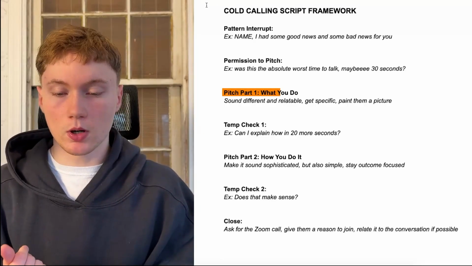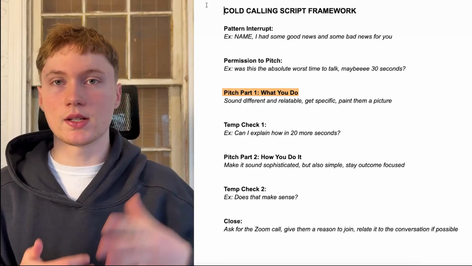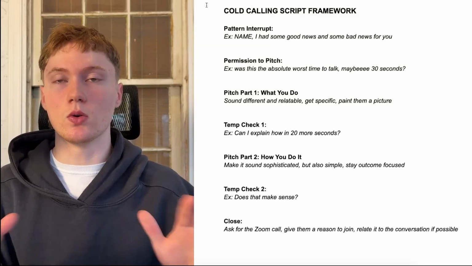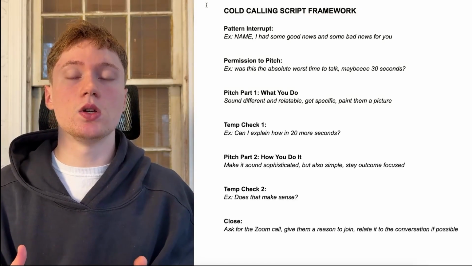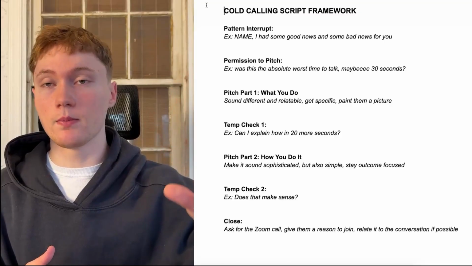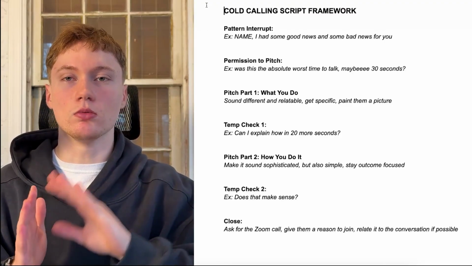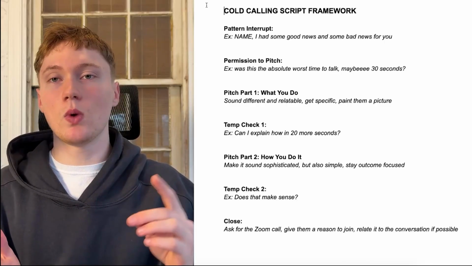All right. So pitch part one. Explain what you do and sound different, sound relatable, get specific, and paint a picture for them of what you actually kind of do at a broad level. And one thing that I like to do is I like to have some sort of dream outcome for them. So all of these prospects have some sort of situation that they want to be in. Okay. So I'm going to paint a picture around that situation, and then I'm going to explain away the concerns